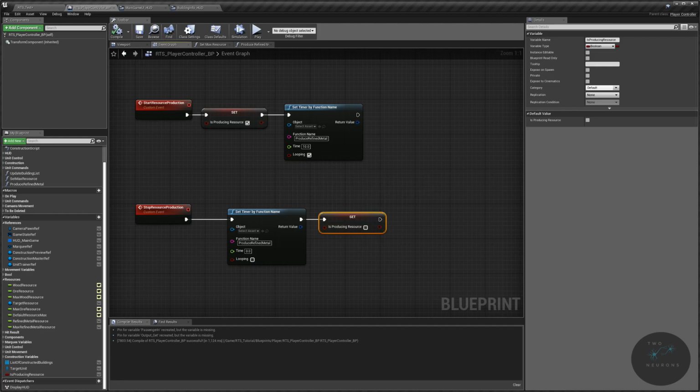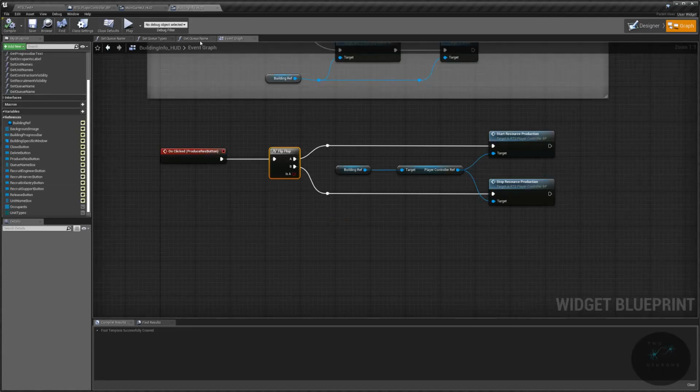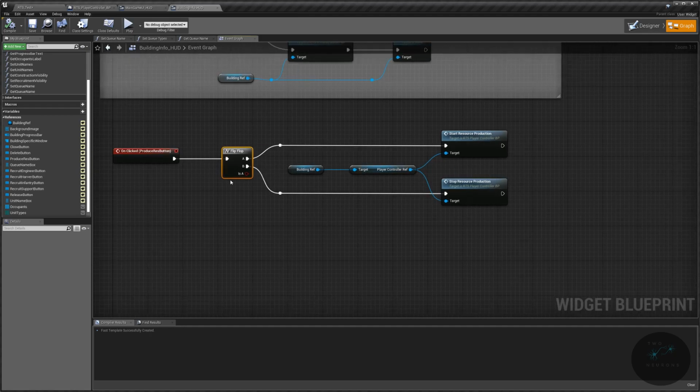This is just a step we need to make things work a tiny, tiny bit better. All right. So now that we've done that, what we need to do is go to our building UI or HUD. We need to be in our event graph. Sorry, I was supposed to say go to your designer, but that's not true. And what we need to do is get a reference to that button, which is our produce